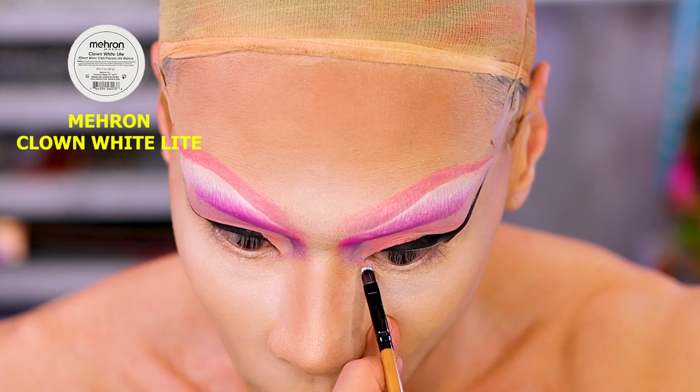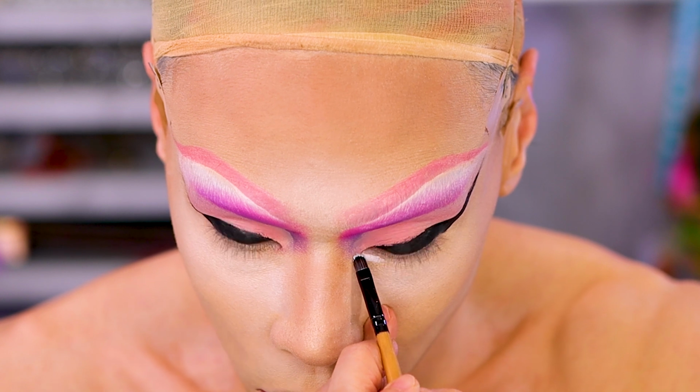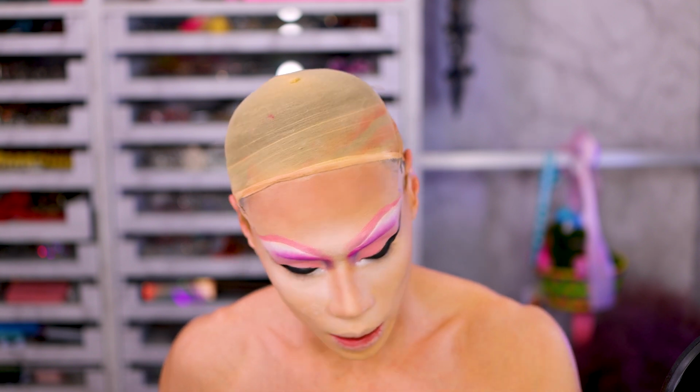Okay, and next, the under eye. Usually I like to do a white under eye there to open up the eye a little bit. You can make it as much as you want, and depending on how much eye bags you have, you might want to cover it up a little bit more, but you have to make sure it doesn't crack. So using one of these smaller brushes and my white cream. Today I'm going to go for I think a smaller under eye, but I'm going to make it go straight across. And then what I like to do is blend this black into a purple and a pink. All right, so using the same colors that we did before and the same brushes,